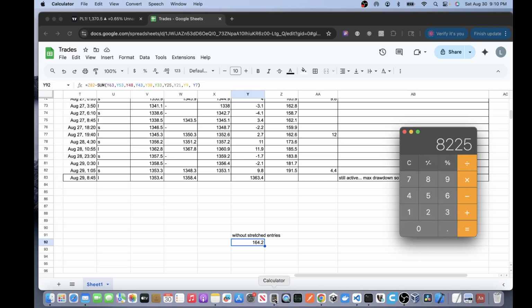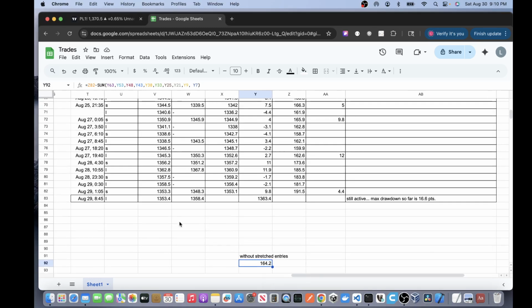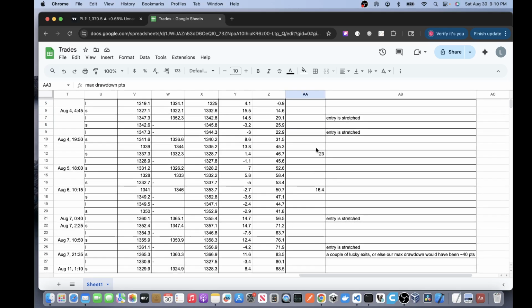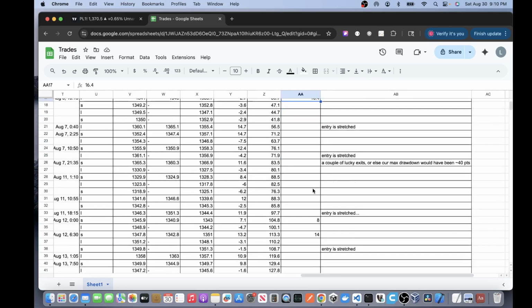Times 50, $8,000 for the month, which is phenomenal. That's on a single contract. Let's look at a couple caveats here. So the max drawdown, I kept track of the big ones: 23, 16,